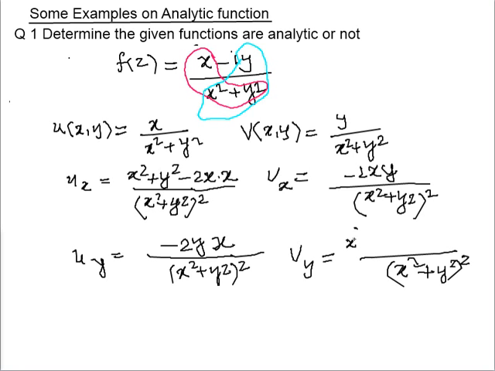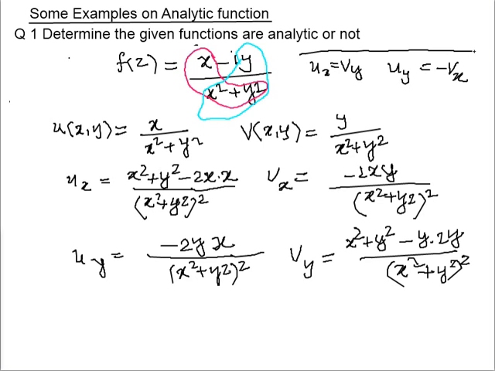So the first term is x square plus y square, into 1 minus y as it is, and the derivative of y is 2y. Now we can check ux. What is our CR equation? I should write the CR equation here: ux equal to vy and uy equal to minus of vx. If this CR equation is satisfied, we say our given function is analytic.